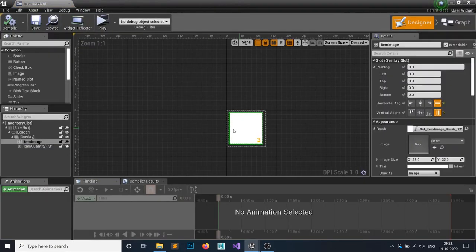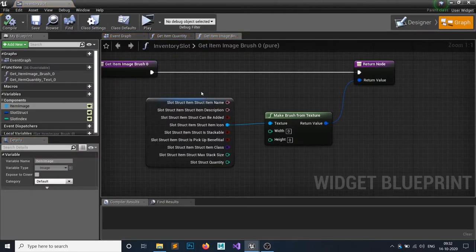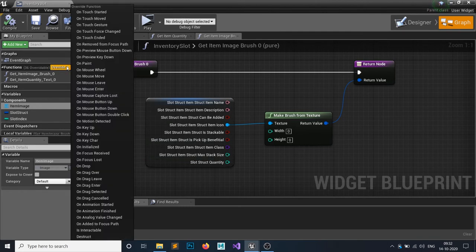So this is our inventory slot. Whenever we click on this, we want to create the inventory action. So how are you going to do that? You can see an override and a function. We want an override, because whenever we click on this item, we want to do certain things.